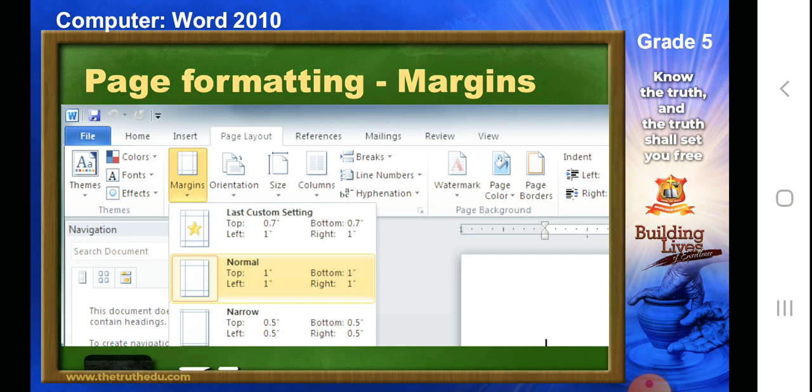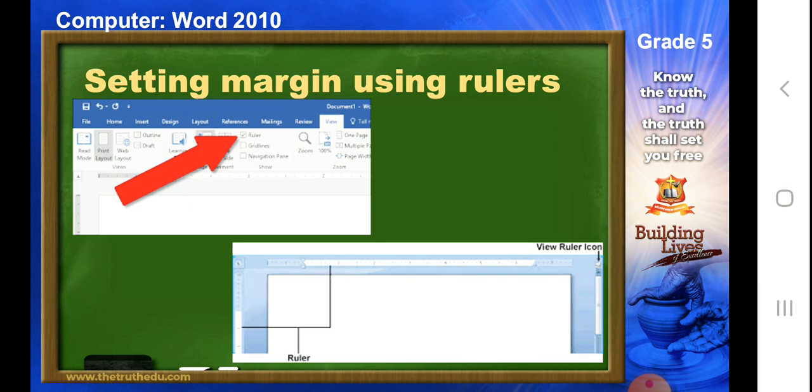Then you click on the margin option. You will find a lot of design options there, which are normal, narrow, moderate, and wide. Whichever you feel is easier and better, you can select one of them and click on OK. The moment you click on OK, the margin will get applied to your Word document.